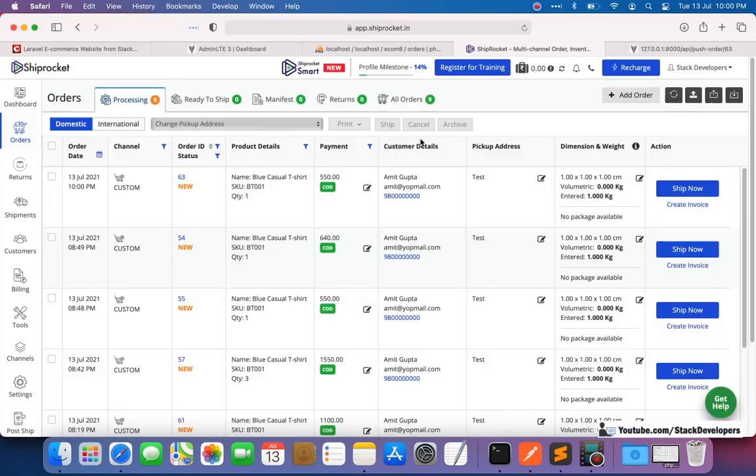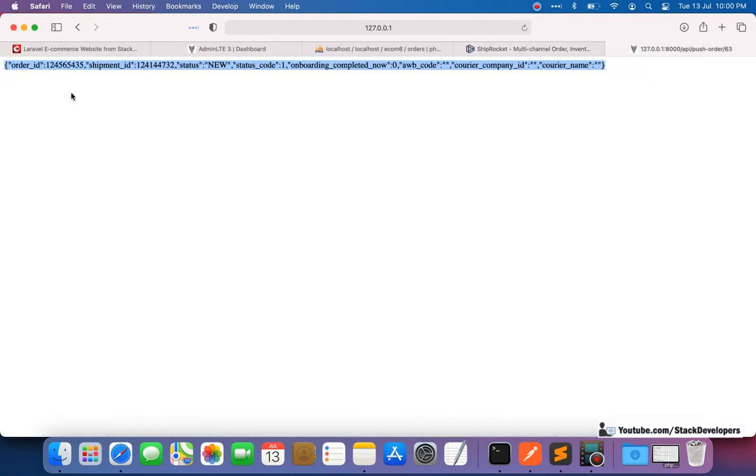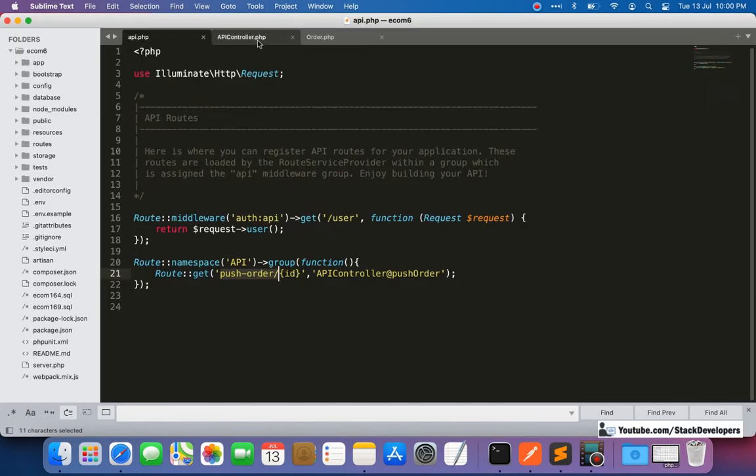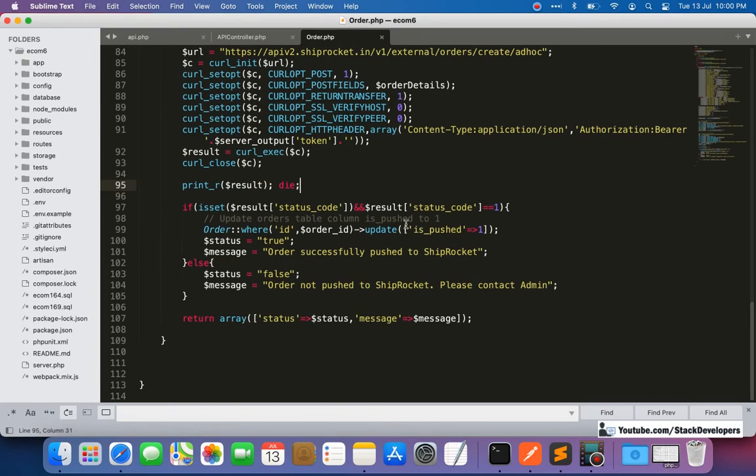So we were able to push it, and here you can see the response is coming in JSON. We want to convert it to an array so that we can use it in our order processing in the admin panel.